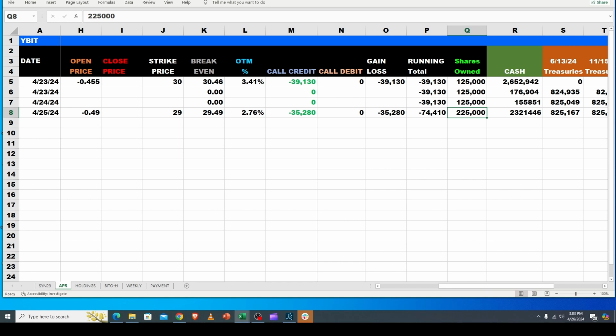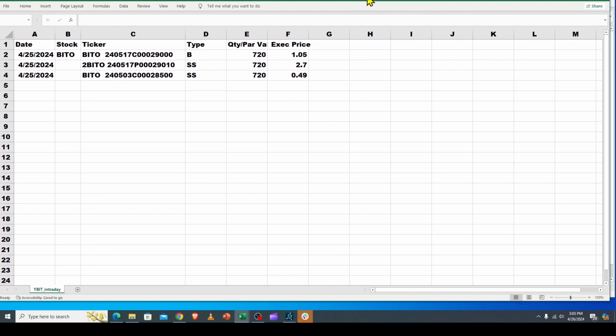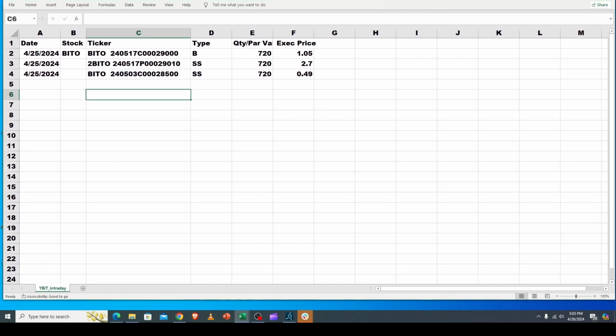So whenever a lot of cash comes in relative to the fund, they had a change in overall assets of 2.165 million, right? So then they put on a synthetic and usually the same number of contracts in what we call a naked call. Basically, they sell a call without owning the underlying. But you'll see Yieldmax refer to that as a covered call. It's a covered call in the sense that you have this bullish bet in the synthetic, buy a call, sell a put. So both those make money when the stock goes up or doesn't go down. And the quote covered call is actually a naked call, meaning they don't own the underlying asset that they're writing the call against,